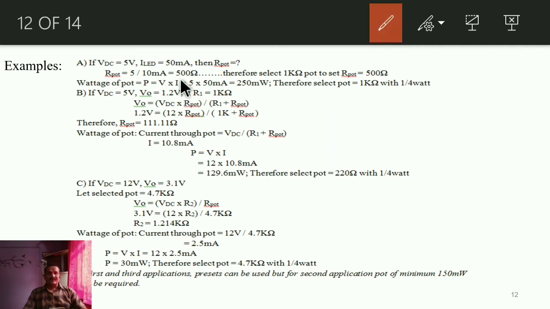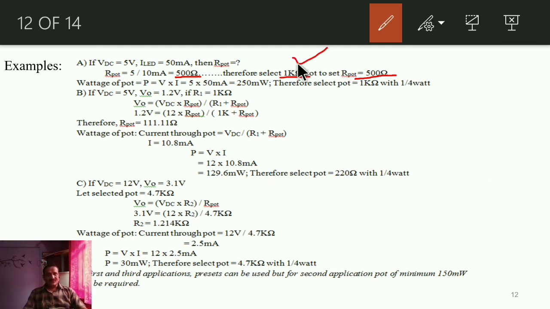So whenever you adjust the series resistance to 500 ohm using that potentiometer, then we can say the LED current will be approximately 50 milliamp, considering the voltage drop across the LED as almost zero, but it is there. But for simplicity, I do not consider the voltage drop across that LED, only to understand the use of that resistor. So set the potentiometer at 500 ohm. Now that 1 kilo ohm potentiometer means we can vary its resistance between 0 and 1 kilo ohm. Our need is 500, that's why we can select 1K.